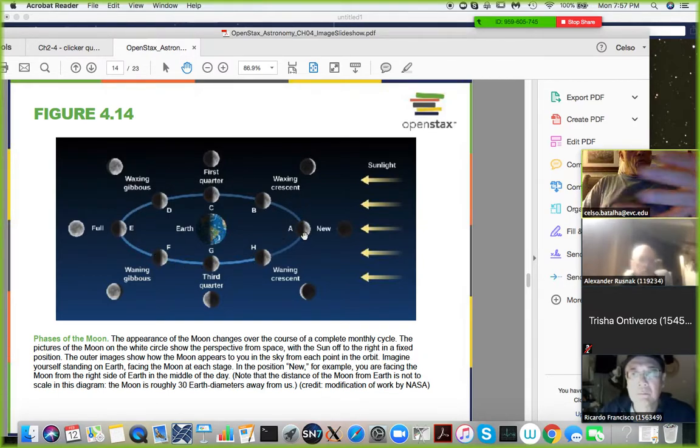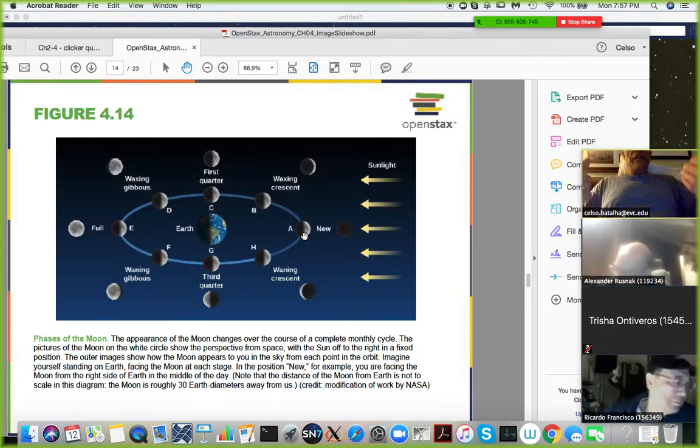We call this counterclockwise direction the prograde or direct motion, which was the original motion of the circumstellar disk around the sun. Out of this disk, planets, satellites, asteroids, and most of the comets came through, and they inherit that type of motion. Now, in any phase, new, waxing crescent, first quarter,